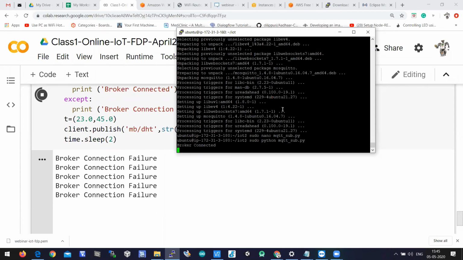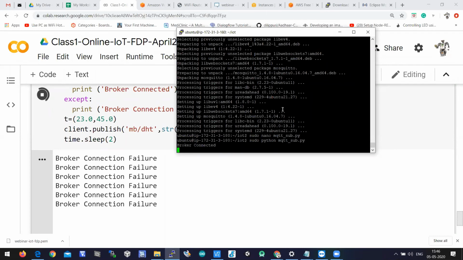The firewall is allowing the internal request, but it is not allowing the external request. Here the external request is nothing but Google Colab. The internal request is nothing but the internal program, mqtt_sub.py. It prints a statement like broker is connected, but the program outside AWS shows broker connection failure. It indirectly means that the firewall is blocking the external request.